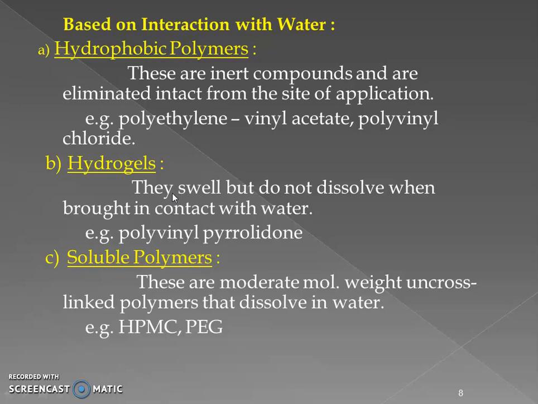Another type of polymers, that is soluble polymers. So these are the moderate molecular weight cross-linked polymers that are dissolved when they come in contact with the water. So these are the soluble type of polymers. A few examples are HPMC, polyethylene glycol,